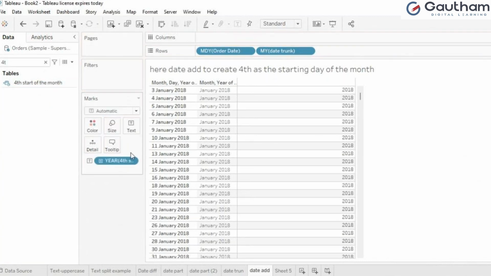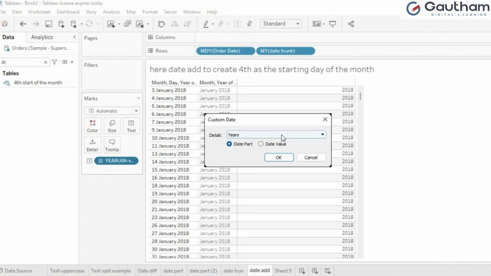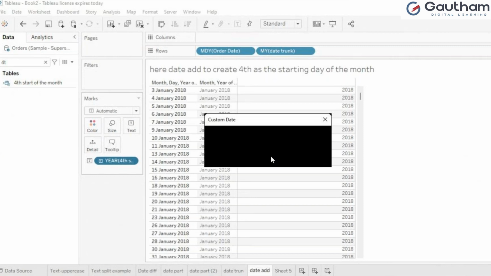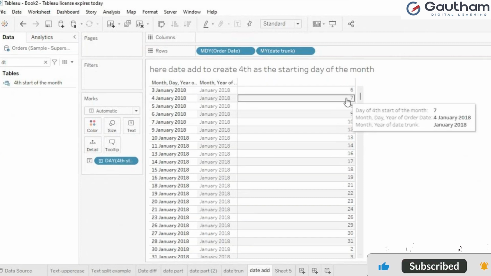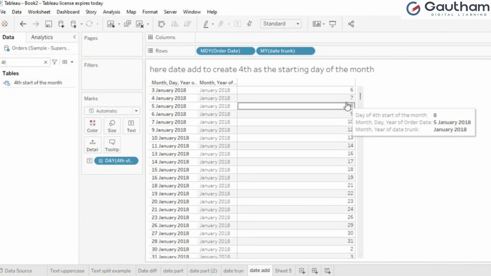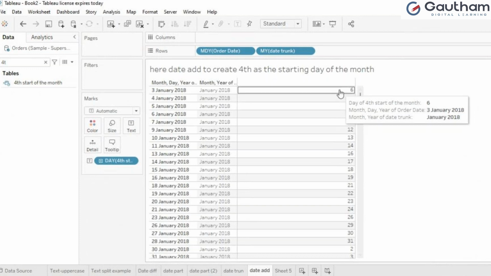And change this into days or hours or minutes and all, you cannot, because there is no time here. Let's say day and see. Okay, the date will come and appear over here. Which means, the date that I have created, you should get one doubt here. The date add function I have created for my start of the month should be the fourth. For example, whenever this January month sales has started, or that order has been started, that date is coming.